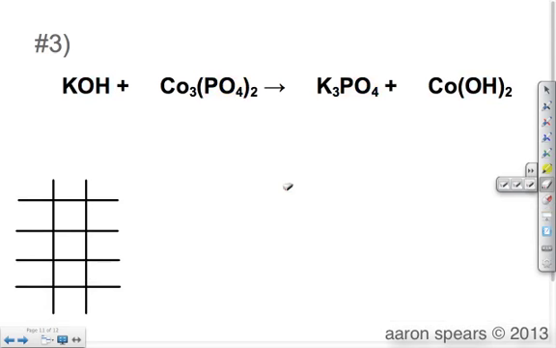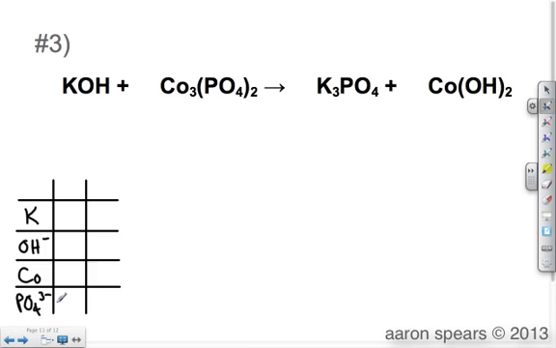And so you're probably scratching your head and you're being like, what the heck is he talking about? So let me go through and balance this chemical equation and show you what I mean. So as I'm filling out my inventory list, I notice that I have potassium and hydroxide and cobalt and phosphate